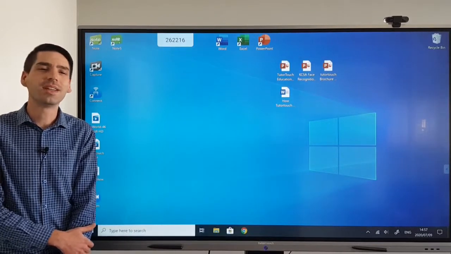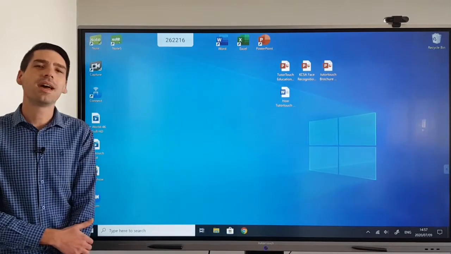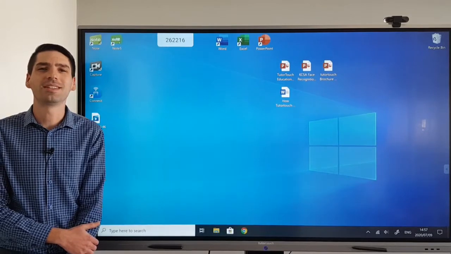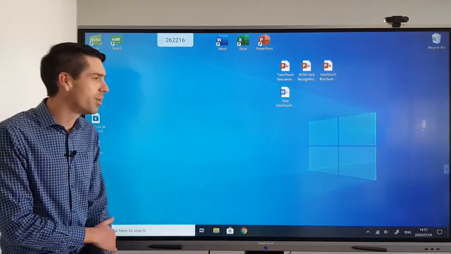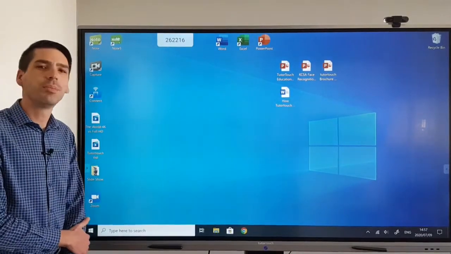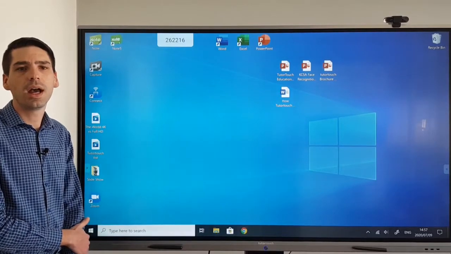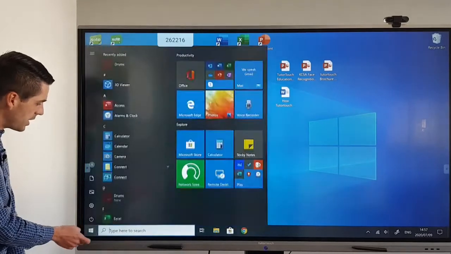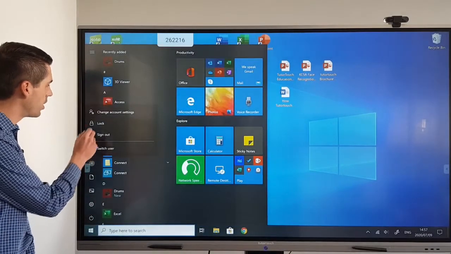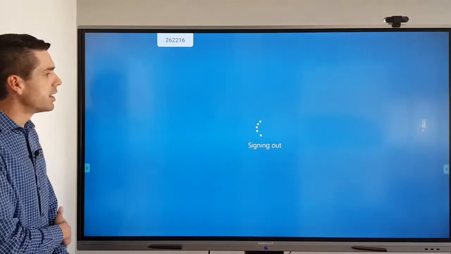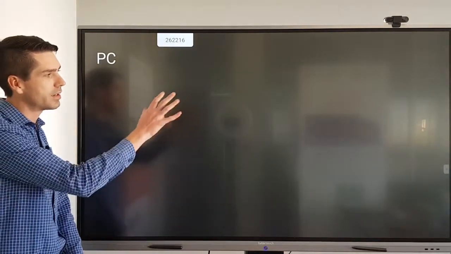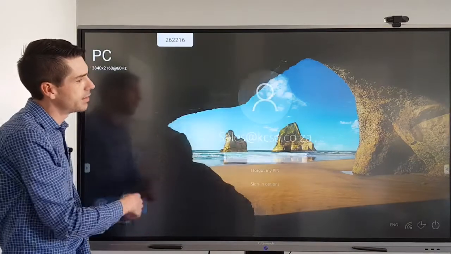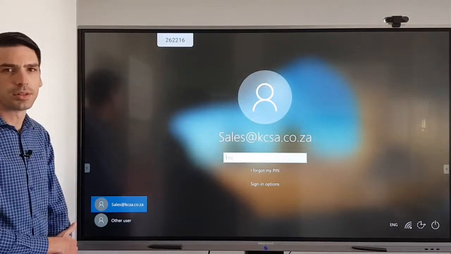Now the first way is on the Windows operating system and the other 2 are both on the Android operating system. So to start off with the Windows side, as this is a Windows computer, you can log into and out of your accounts by simply pressing the start button, going into your user icon and then saying sign out. Now what this will do is this will take you back to your home screen where you log into Windows, and then if you have a password active, it will ask you to type in the password before you can